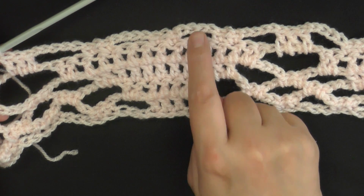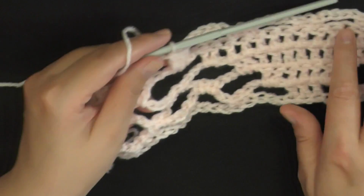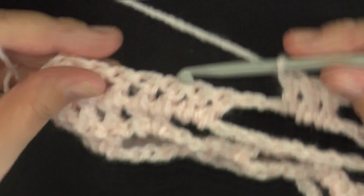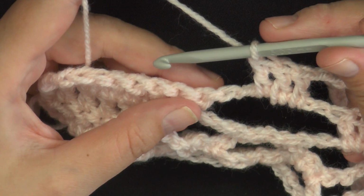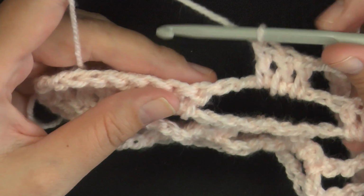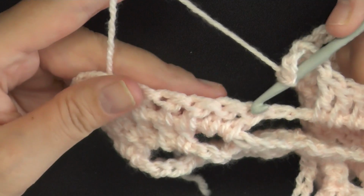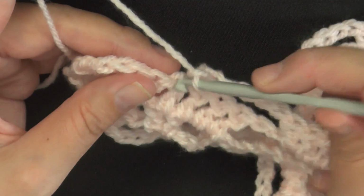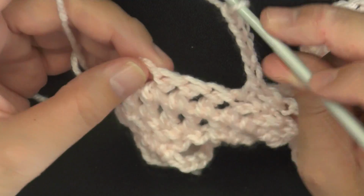Then you'll again chain 5, skip 2, and you're going to continue that repeat all the way down your row. And when you reach the end of your row, at the end of your row, you will again chain 5 after your 3 double crochets, and you're going to skip 2, and in the 3rd you're going to start your single crochet, chain 1, single crochet, chain 5 again, 3, 4, and 5, and then to end the row you're going to be